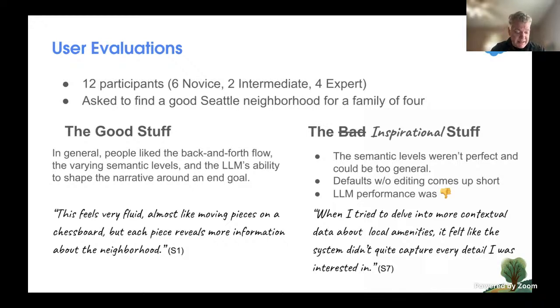Overall, people liked it and thought that the back and forth mixture of text and charts was useful. However, the lines between semantic levels were sometimes not as clear as some participants would have liked, and the relatively simple data set left some people feeling like they wished they could dig a little bit deeper. With that said, the primary purpose of this research probe was to evaluate the back and forth interaction between text and viz, and that seemed to work, and obviously there